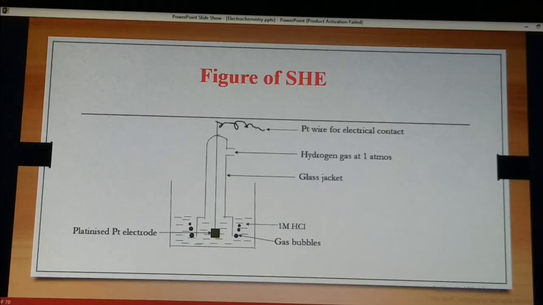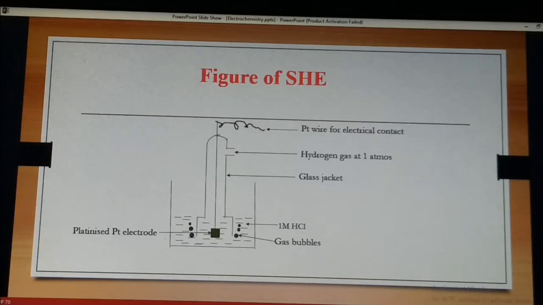The figure for SHE gives a clear understanding of the construction of standard hydrogen electrode. Here, as I have told, we have taken a platinum wire whose lower portion is modified into the platinized sheet, and it is kept in a glass jacket which is inverted in a trough containing 1 molar hydrochloric acid. Here is the inlet for the hydrogen gas which is bubbled at the electrode, kept at 1 atmosphere pressure, and the temperature is maintained at 298 kelvins. So this is how the